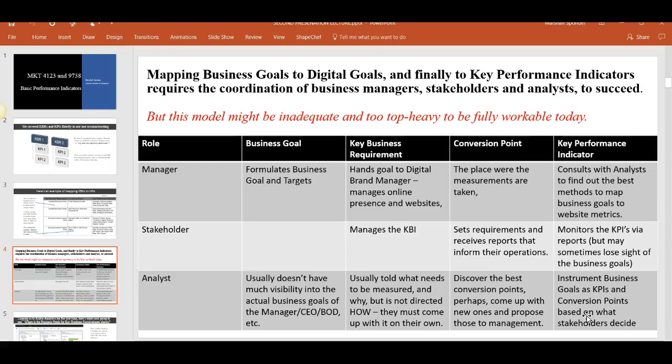Originally, when web analytics was created, when Adobe Analytics, which was originally Omniture, was created in the early 2000s, these platforms, a lot of them are like 20, 25 years old originally. When they were created, they were expensive, and they still are to some extent. Adobe is pretty expensive, but Google Analytics is free. So we're living in a different age where a lot of people might just pick it up for their own website, and so this idea of a manager, stakeholder, analyst doesn't really fit.